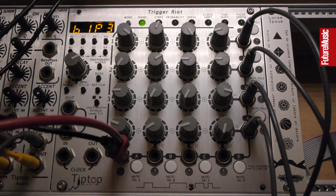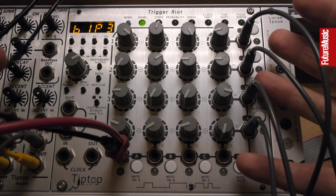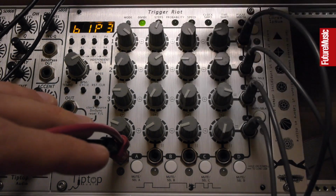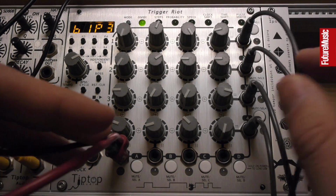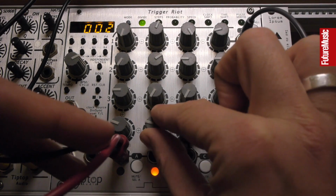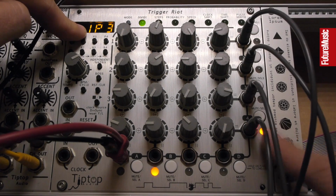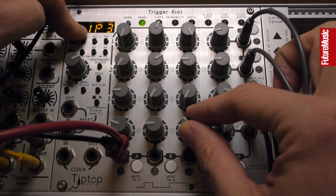Super ace. Let me show you another thing, which is the pulse width control, which has a hugely important influence on the rhythms. It means that you don't just end up with a string of 16ths coming out, you get really interesting interactions. I'll show you this by going into this hi-hat row. If I just turn this to 1, we get a pattern all on the beat, beat, beat, beat, beat, beat. But then if I have another division going along here,